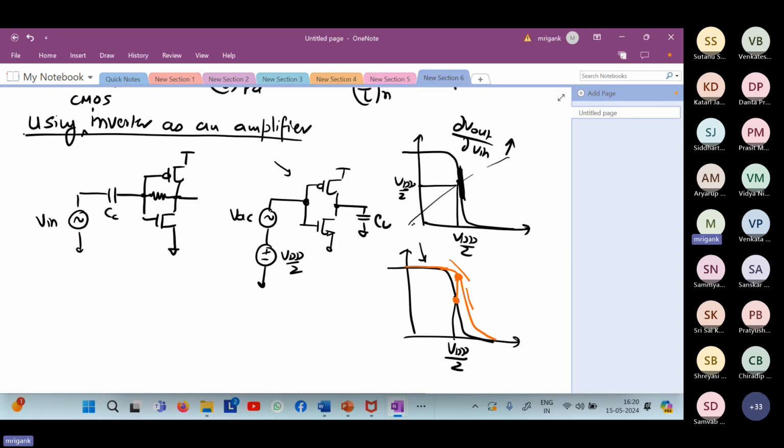Right? This concept is clear to everyone. This is very important. So small changes in VT will lead you to different points in the transfer characteristics. It will shift the transfer characteristics. So you will not be ideally at the midpoint. Depending upon which VT is higher, PMOS slightly higher or NMOS slightly higher, you may shift towards the low gain region. Is this point clear to everyone?